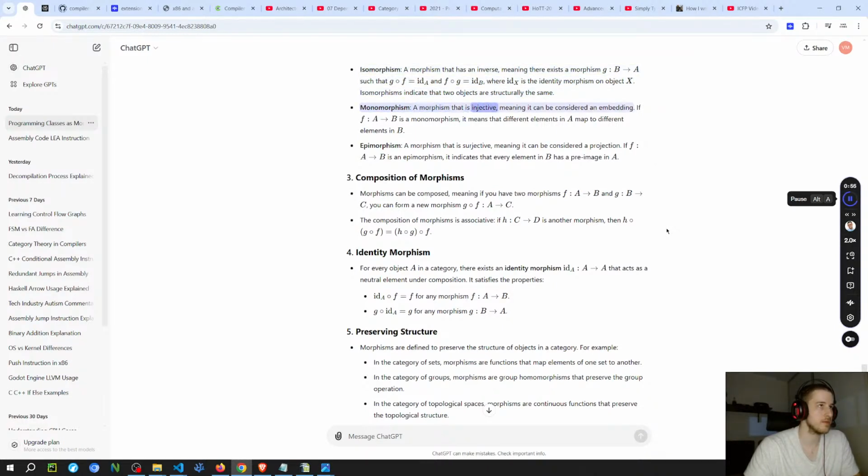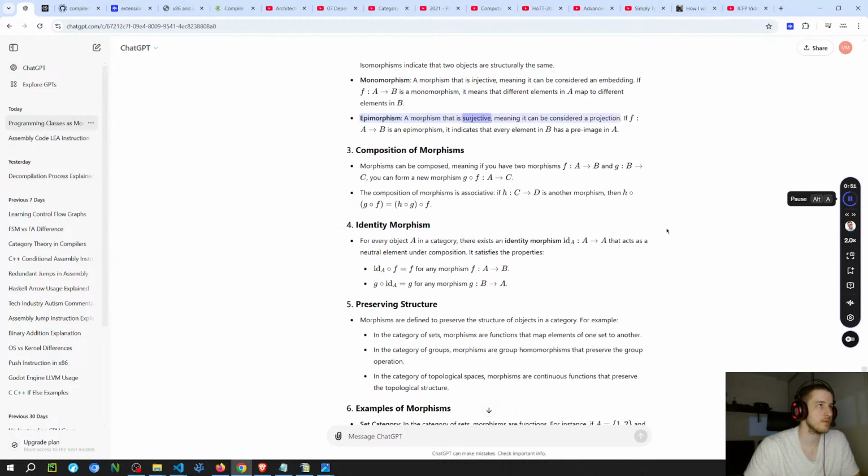Monomorphism. A morphism that is injective, meaning it can be considered an embedding. If f: A → B is a monomorphism, it means that different elements in A map to different elements in B. Epimorphism. A morphism that is surjective, meaning it can be considered a projection. If f: A → B is an epimorphism, it indicates that every element in B has a preimage in A. 3. Composition of morphisms. Morphisms can